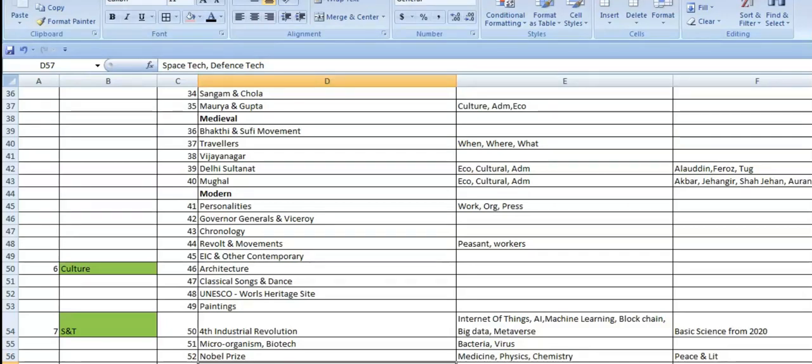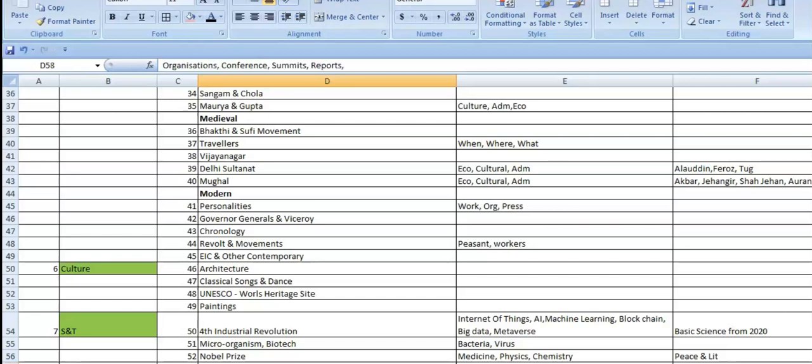Any scientific developments by DRDO, ISRO, these are things that you have to follow. Now, when it is in news for a very longer period of time, then you can concentrate on those topics. If it is just coming and going, don't bother about those news items. But when it is there for a longer period of time, then you have to read that particular topic. Okay.